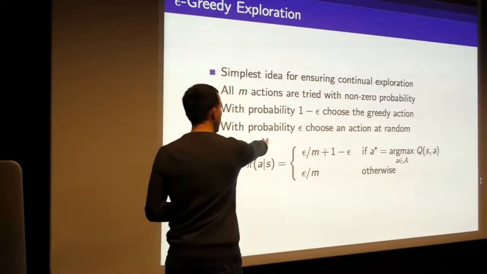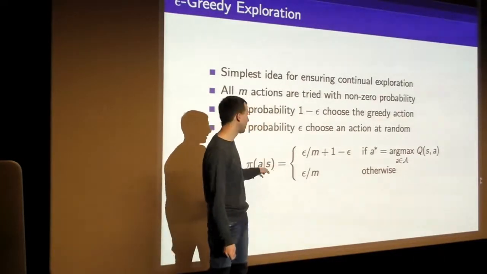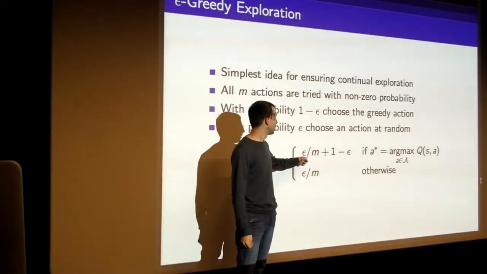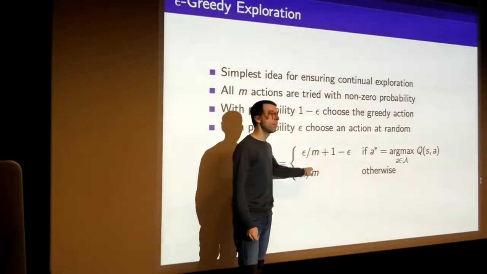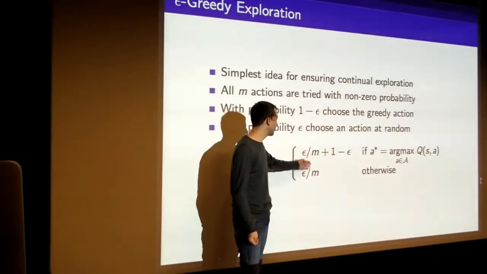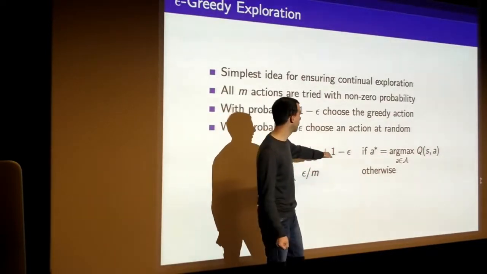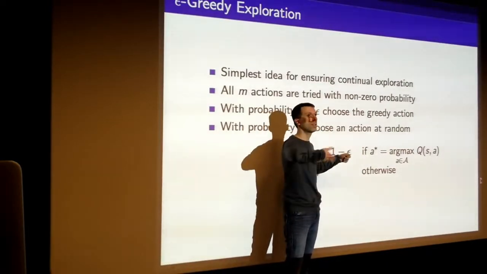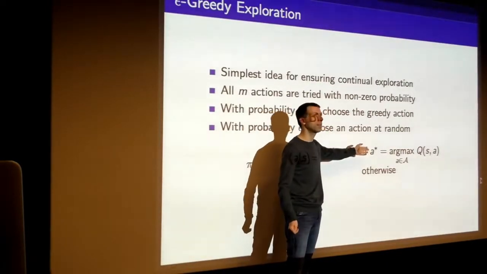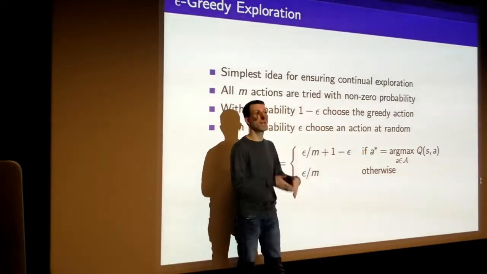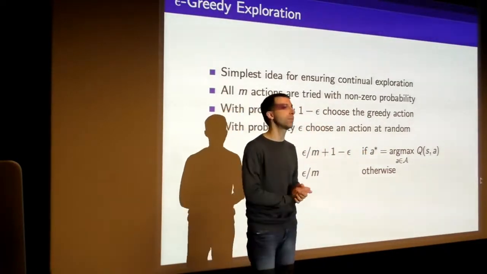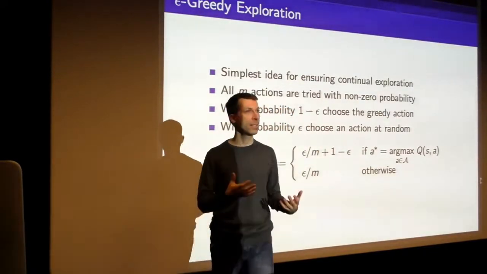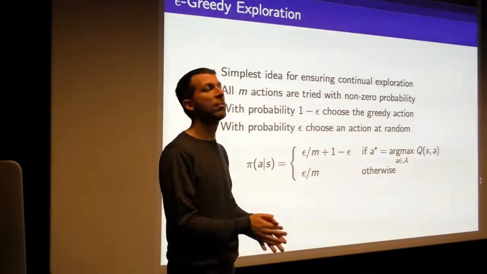So this is just a fancy way of saying precisely that. This is saying the probability is, if you flip the coin, this epsilon over m is the probability of what happens if it comes up tails and you explore, and this 1 minus epsilon is the probability that if it comes up heads, then you pick the greedy thing. But you might also pick the greedy action just by random as well if this tail thing comes up, which might have a bit more probability mass on this one. But the idea is very simple. You just either take the best action or you explore at